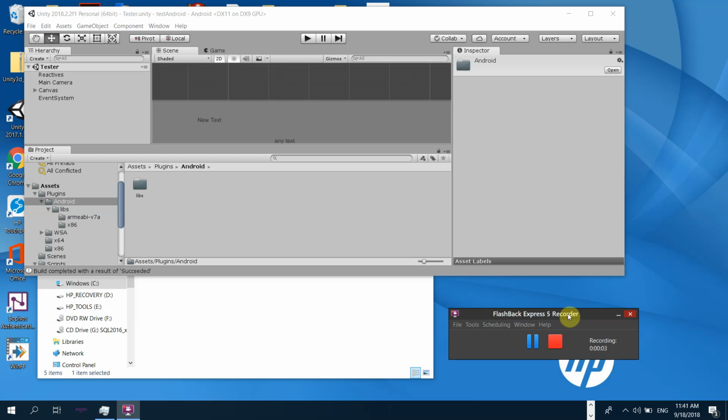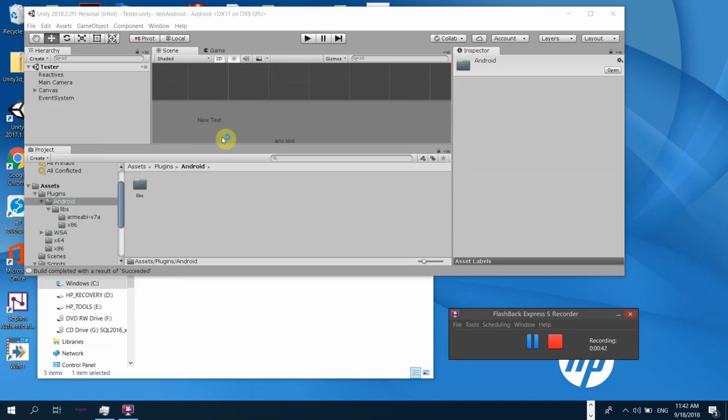Okay, so the purpose of this video is to demonstrate that at least one can use an emulator from Android Studio and build an app in Unity, and then get Unity to transfer it to a running emulator. So first off, you need to make sure you've got Android Studio installed,